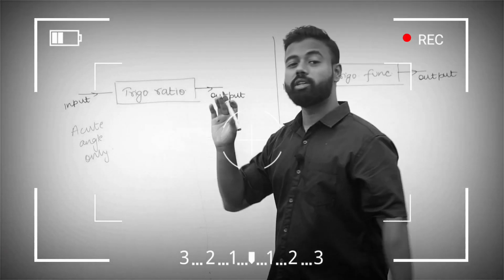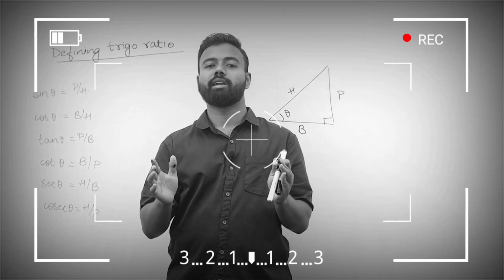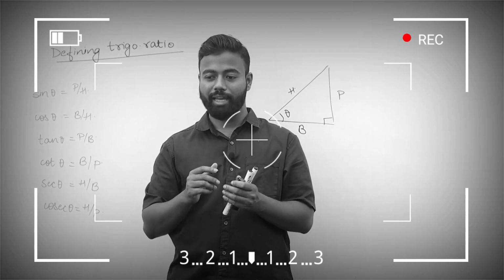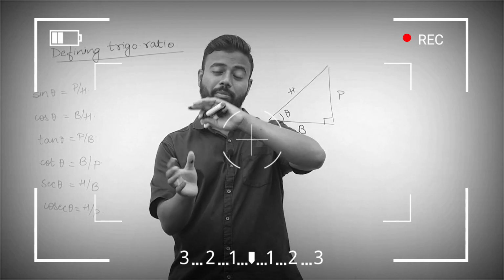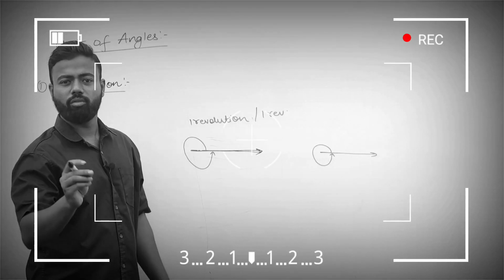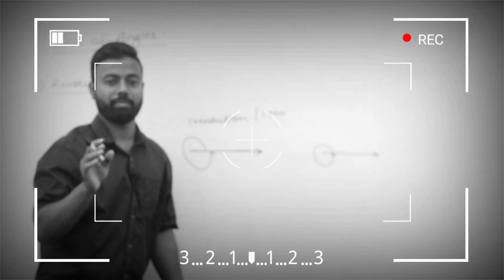But when you are talking about a trigonometric function, the input to the angle can be anything. We will be learning how an angle is defined, what the different units of defining an angle are, and how one unit of an angle can be converted into another unit. Make a spiral. If you are making a spiral, then 1 revolution, 2 revolutions, 3 revolutions, 4 revolutions, any revolution would be itself very clear.